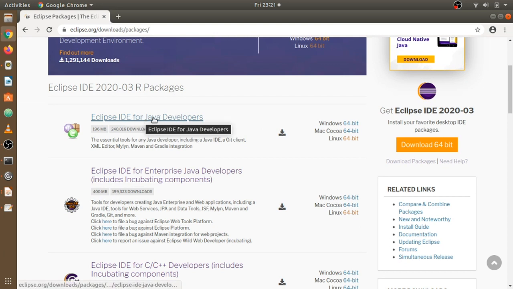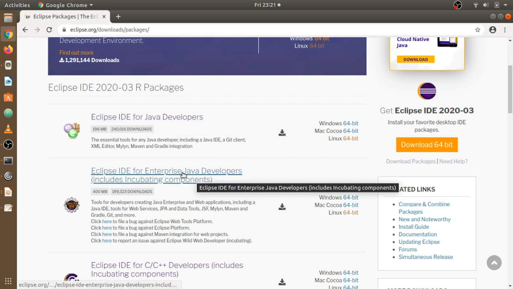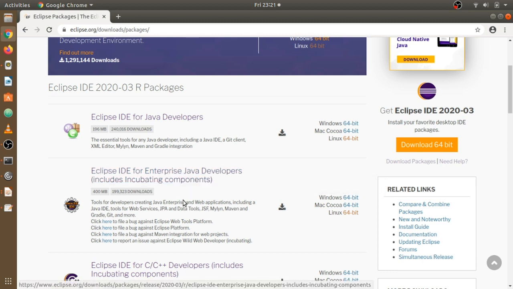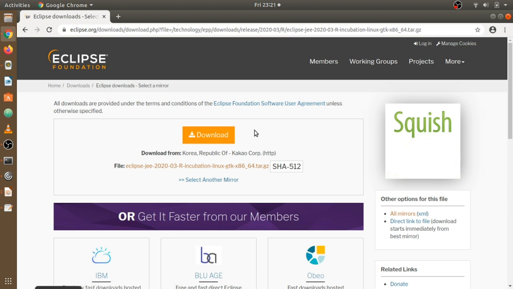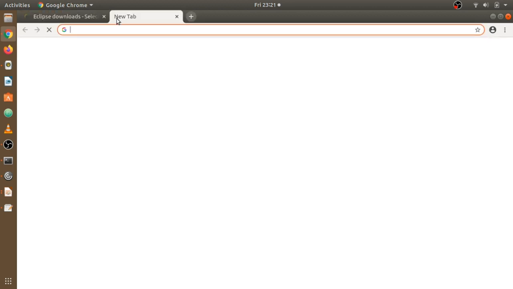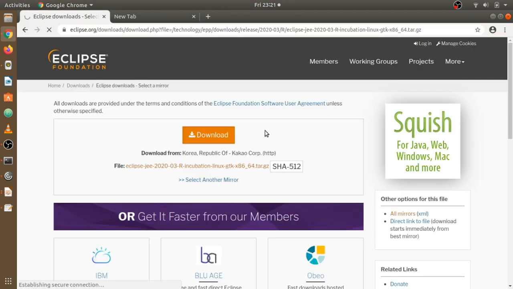See, there is no difference between the IDE for Java Developers and Enterprise Java Developers, except that the enterprise version has some additional functionality. So if you're downloading it, why not download the better version? So I went for this. If you have any constraints, you can go for the Java Developers one as well. So we will download this. Once you click on this, you will be redirected to a download page and download it from there. The download is about 350 MB. I have already downloaded it. So you click this button and save your file.